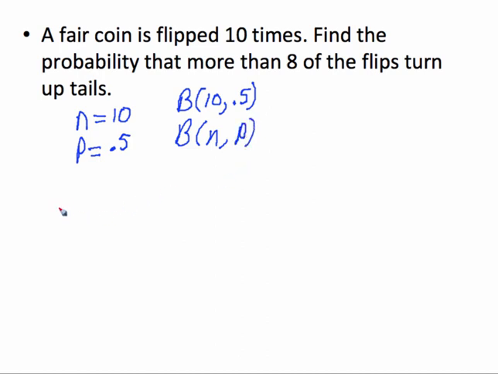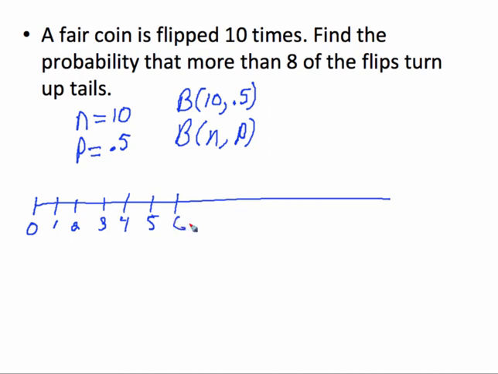All right, cool beans. So let's draw ourselves a number line. I always highly recommend when you're doing binomial probability calculations that you write down the situation in terms of a number line. So what do I mean by that? Well, I'm going to put down 0, 1, 2, 3, 4, 5, 6, 7, 8, 9, 10. In other words, I'm going to go from 0 to n. So whenever you do one of these number lines, that's always going to be your same starting point, and you're going to come up here to what n is,